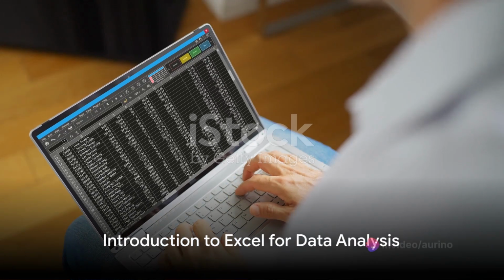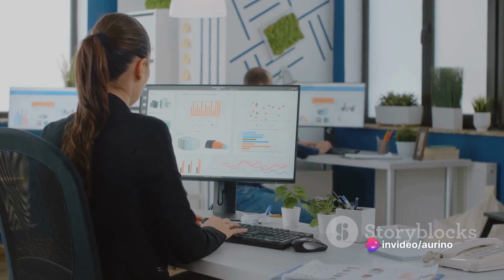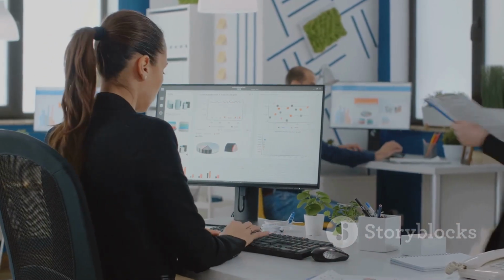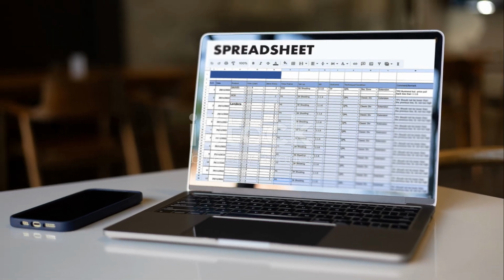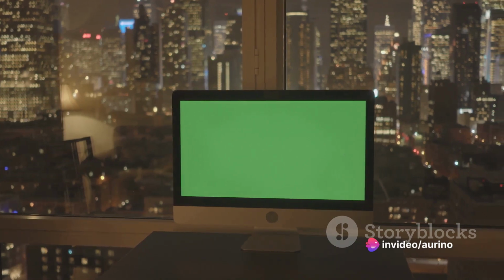Ever pondered how a vast amount of data can transform into meaningful insights? Well, the answer lies in data analysis, and today our focus is on one of the most popular tools for this task, Excel. Excel, a spreadsheet program developed by Microsoft, allows users to organize, calculate, and visualize data. It's a powerful tool, and knowing how to use it for data analysis can significantly enhance your decision-making abilities, efficiency,